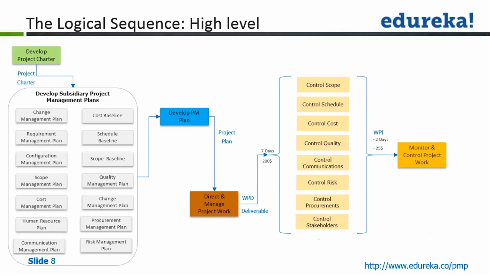We will find out that we were supposed to spend $175 in doing this work, but we ended up spending $200. It means there is a negative variance of $25, which is again called work performance information. So the difference is that work performance data is raw data and work performance information is